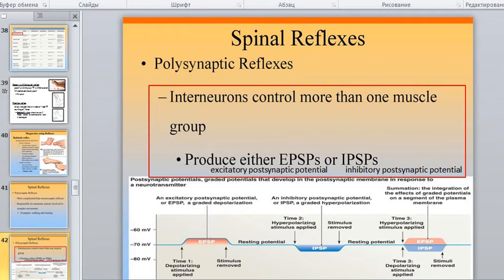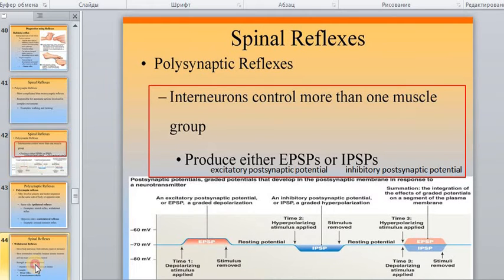And here we see the next slide. So at first we can control more muscle groups, not only one muscle group. And for this we need